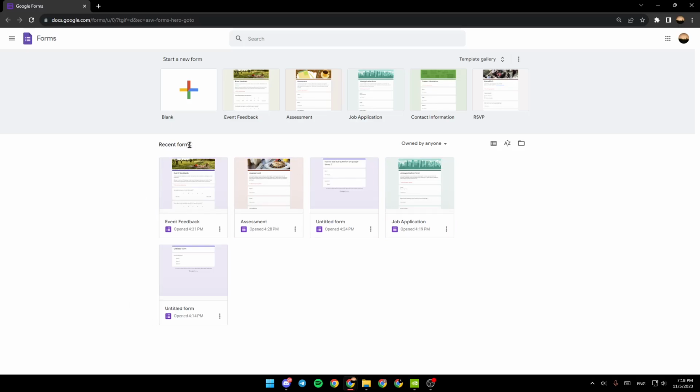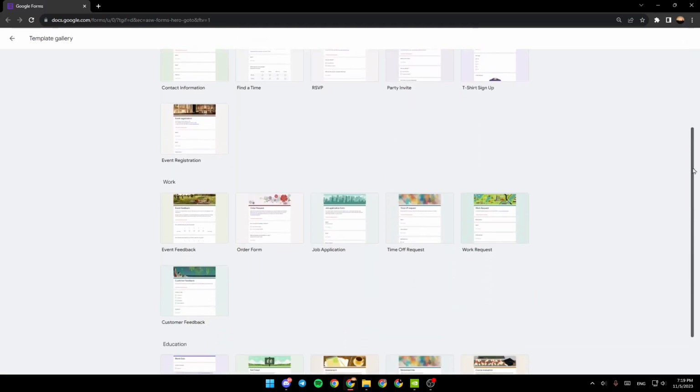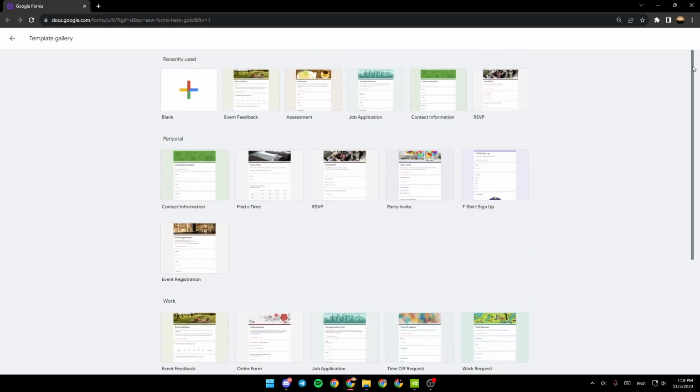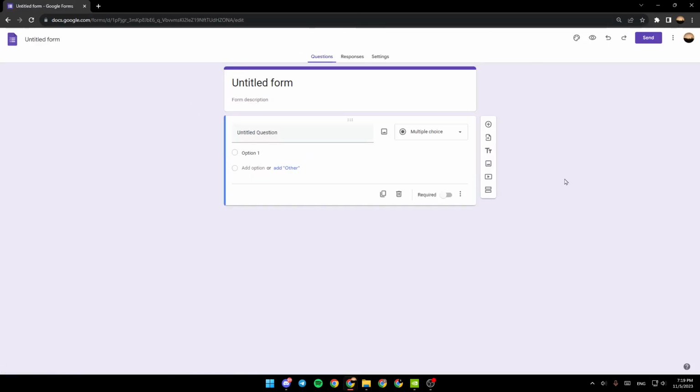So right here, we have the recent forms and right here in the top, we have start a new form. You can start a blank form or you can choose from these templates. If you want to expand the template list, go to template gallery, click here, and then you can choose any template that you like. I'm just gonna start a blank one, click on it, and then it will look like